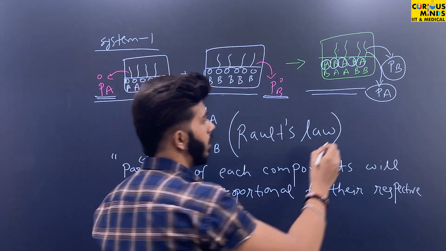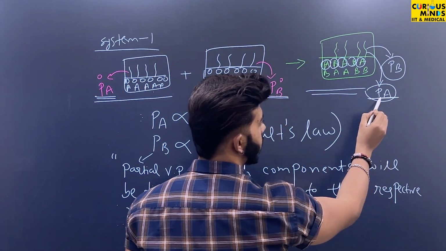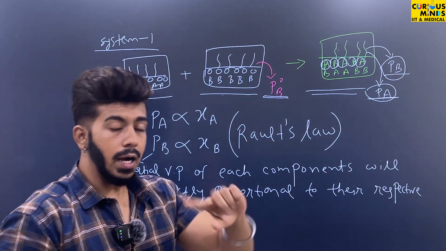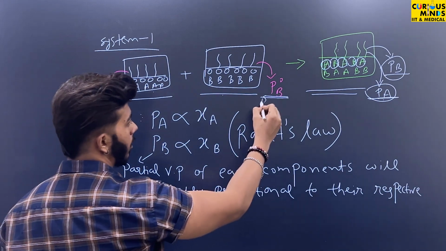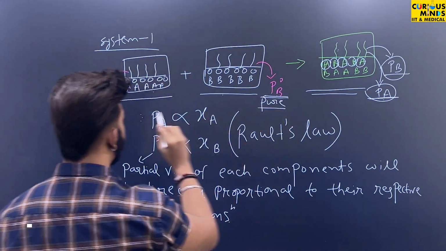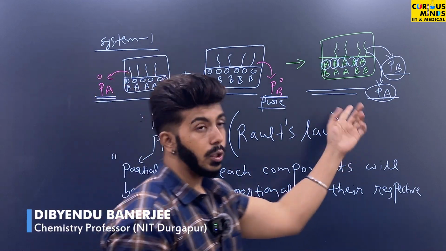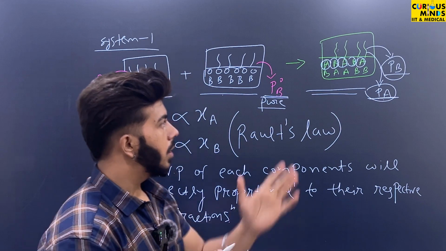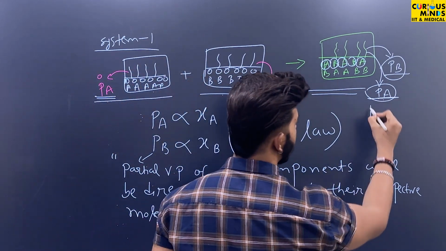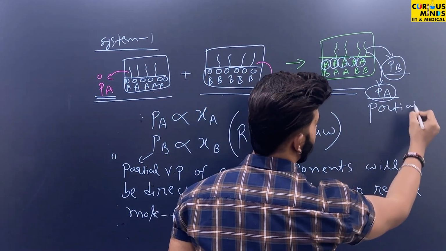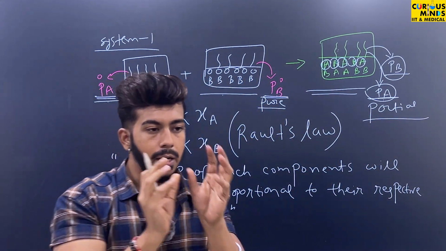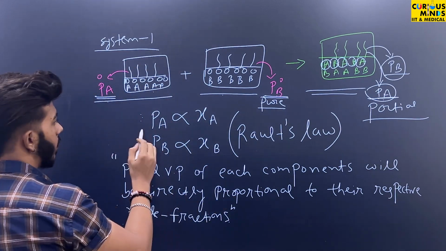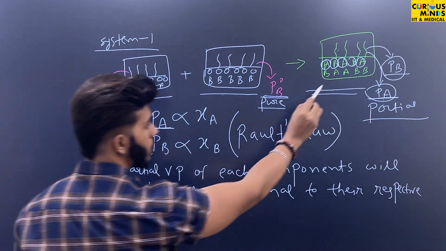Now we can write the vapor pressure of A is PA, vapor pressure of B is PB in this solution. Earlier it was pure, these are pure. Pure vapor pressure of B, pure vapor pressure of A. But this is not pure, this is mixed. सो इसके लिए पीए पीबी अलग अलग होगा ना। इसको क्या बोलते हैं हम? इसको बोलते हैं पार्शियल वेपर प्रेशर। पार्शियल मतलब एक टोटल सॉल्यूशन में पार्शियल वेपर प्रेशर ऑफ ए, पार्शियल वेपर प्रेशर ऑफ बी।